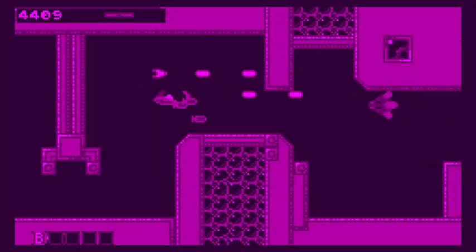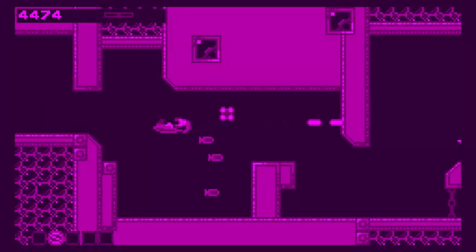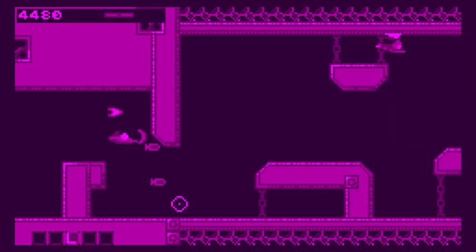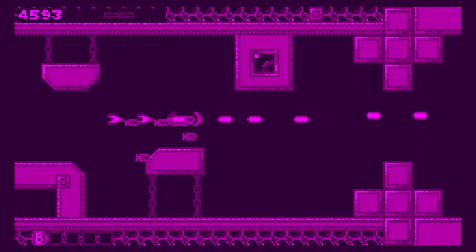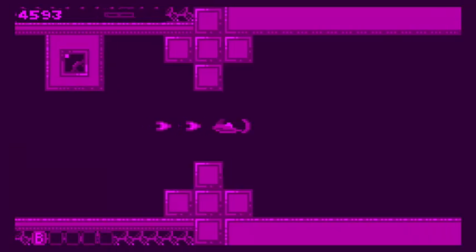I'm not doing a very good job demonstrating this, but these guys that I've been killing fairly easily are supposed to be really not easy to kill. It's probably a good time to address why this game is so unbelievably fast-paced and why the levels are so short. That's because I made it